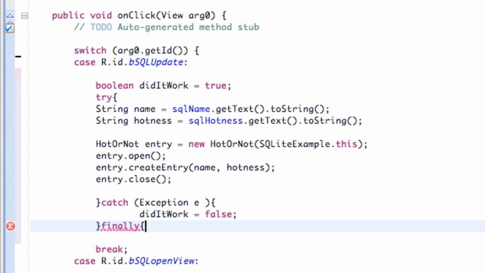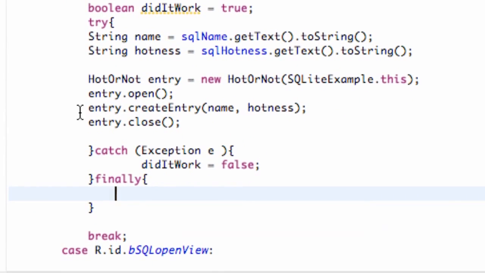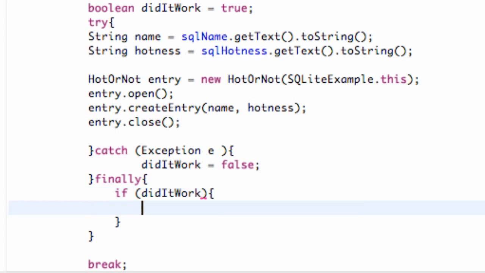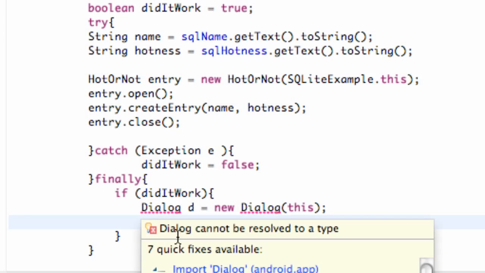We're going to have a finally bracket, and if it works, we're going to set up a dialog for the most part. What we're going to do is display a dialog. So what we're going to say is if did it work, which is basically going to say if it's true, we're going to do whatever is within here, and what we're going to say is create a dialog. So we're going to say dialog, call it D, something like that, and we're just going to say new dialog and pass in the context, this, for class name,